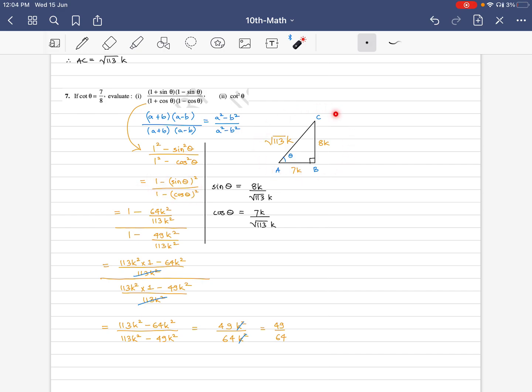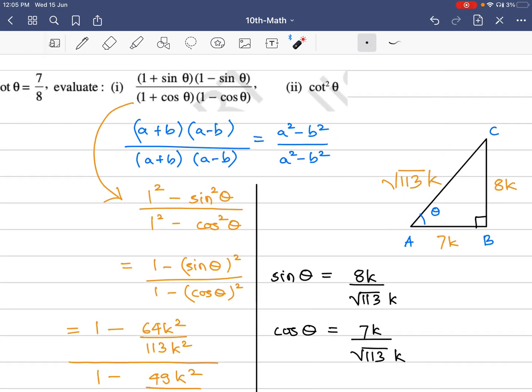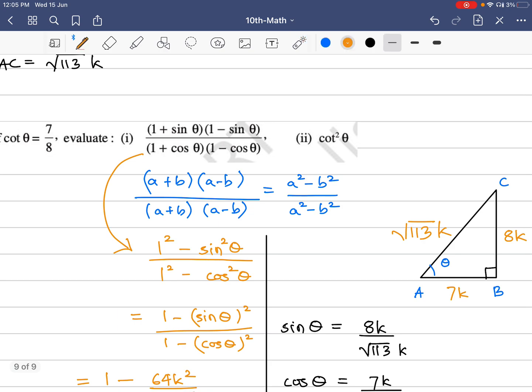Now we have this triangle, so we found the value of sine theta, we found the value of cos theta, and we substituted here. Then we simplified this numerator, denominator, and finally we came to 49 by 64. So this expression is equal to 49 by 64. I'm going to make a note here. Yes, so this expression is equal to